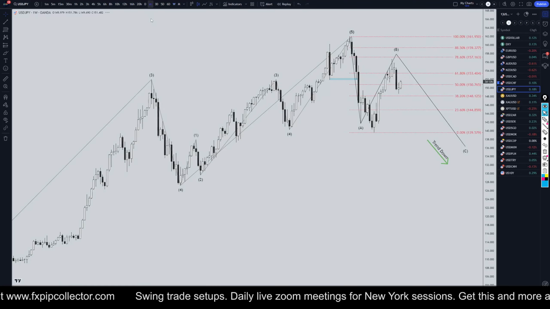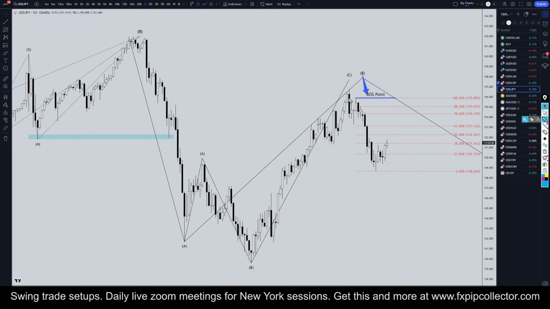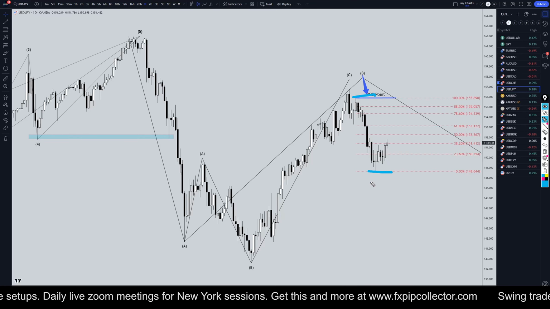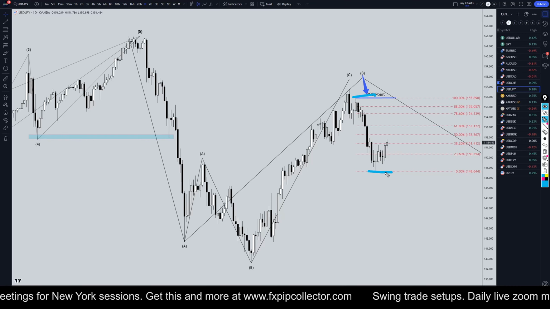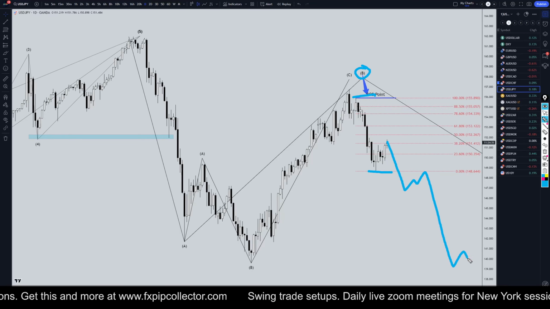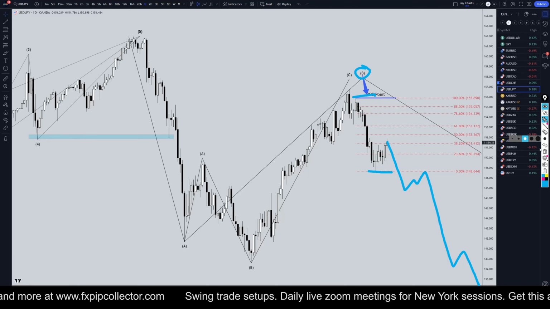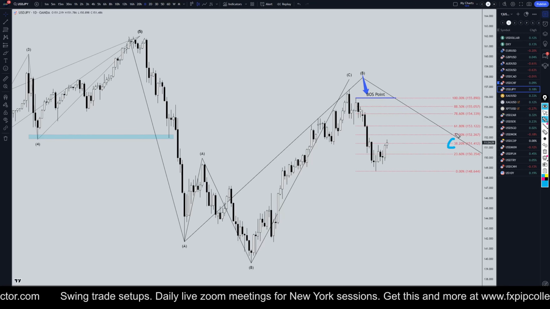Heading down to the daily time frame. So on the daily time frame, I got my Fibonacci retracement on the last push down right here, because this move up that we're seeing definitely could be a correction into this last move down. If this is the end of a wave B, then this will continue to make lower lows, lower highs like that. So we definitely need to consider that this is very likely going to bounce off a Fibonacci level and